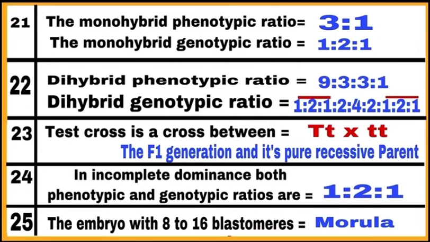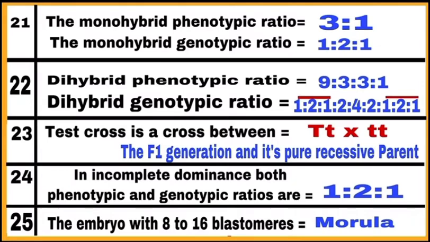21st. The monohybrid phenotypic ratio is 3:1, and the monohybrid genotypic ratio is 1:2:1. 22. Dihybrid phenotypic ratio is 9:3:3:1, and dihybrid genotypic ratio is 1:2:1, 2:4:2, 1:2:1. Point 23. Test cross is a cross between